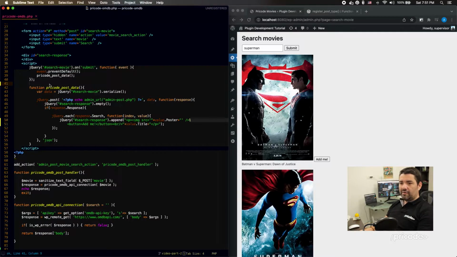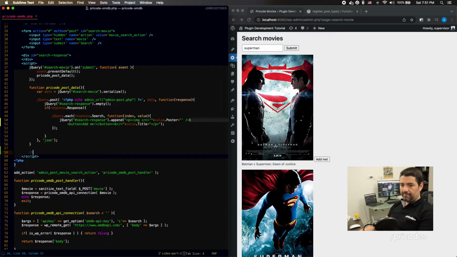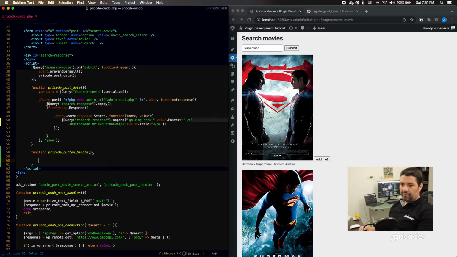So for that, we are going to create a function over here. Let's see, something like a function Pricode save movie. Oh, let's call it a button handler. Okay, let's just try to do it. And for that, we need to say something like jQuery. Okay, we need to add a class here. We're going to add a class like